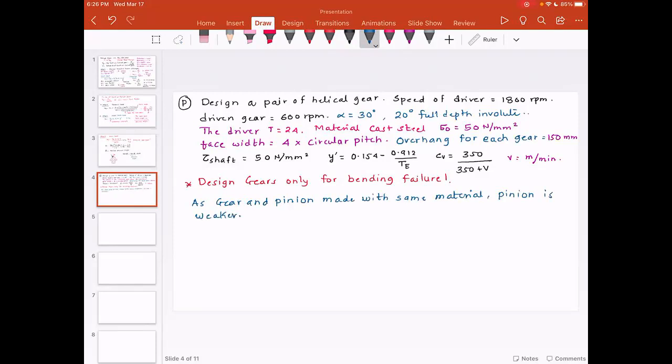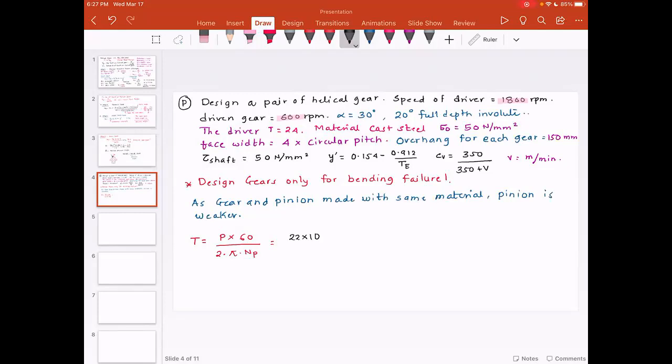So we will design the pinion. First, I'm going to find out the torque transmitted. Torque is P times 60 divided by 2 pi NP, where NP is the speed of the pinion. It is something important to observe here. Speeds are 1800 and 600, so the gear ratio is 3. And the pinion speed is definitely higher than the gear speed. So we will say